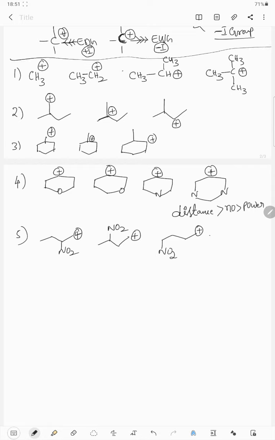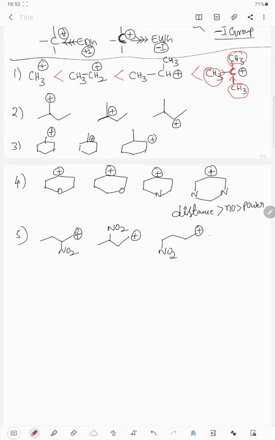Now look carefully. See, I am telling that tertiary butyl carbocation is more stable than isopropyl carbocation, ethyl carbocation, and methyl carbocation. Why, I will tell now. See here, the carbon has fewer electrons, and around the carbon 3 plus I groups are present. They can donate sigma bonding electrons towards the deficient carbon. That's why it has more stability.